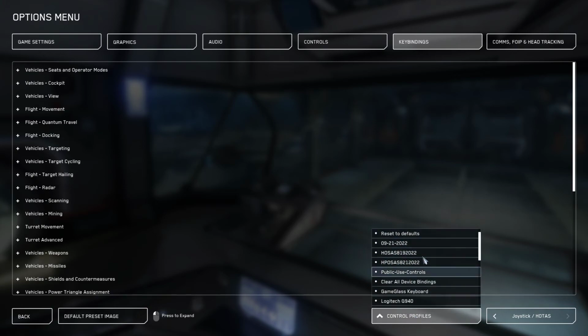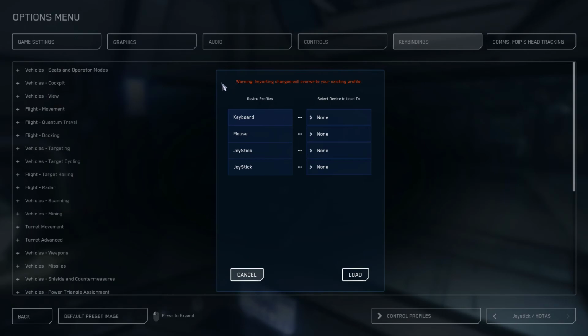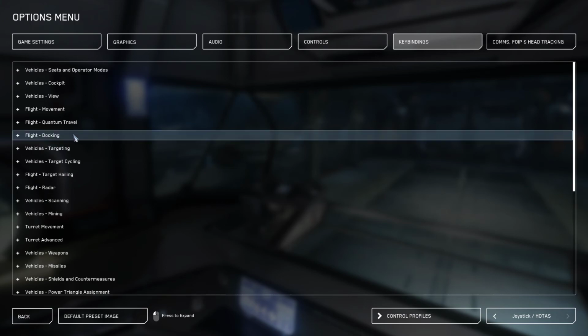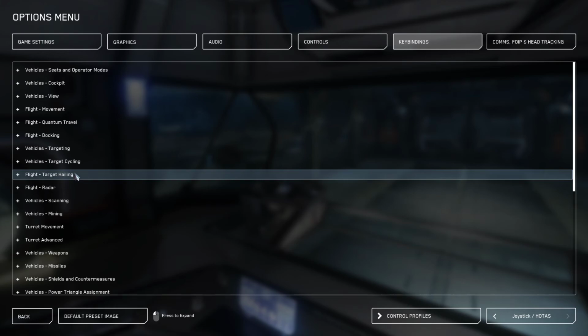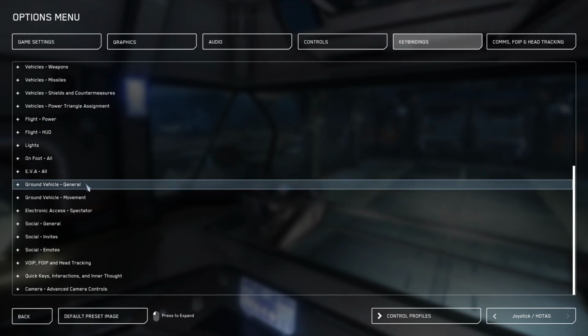And then in this area right here, you should see the Public Use Controls, which is the XML file that you just put into your mappings folder. We're going to click on that. It'll pop up with this little HUD here. Next to the joysticks, we're going to click Joystick 1, and then on the second joystick, we're going to click Joystick 2. We're going to hit the Load button. And now, all of your joysticks and all of their buttons should be bound to everything in the game,